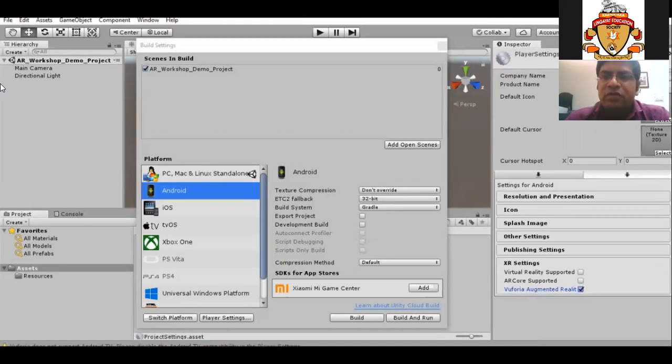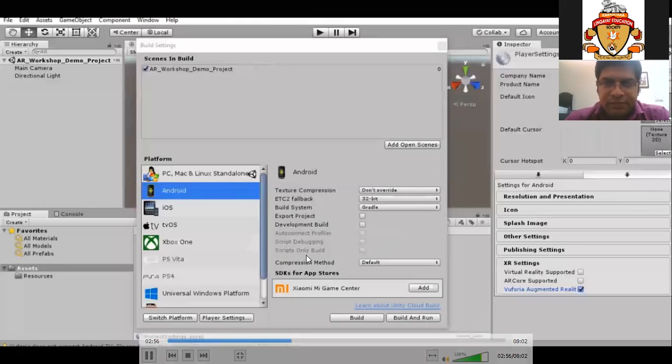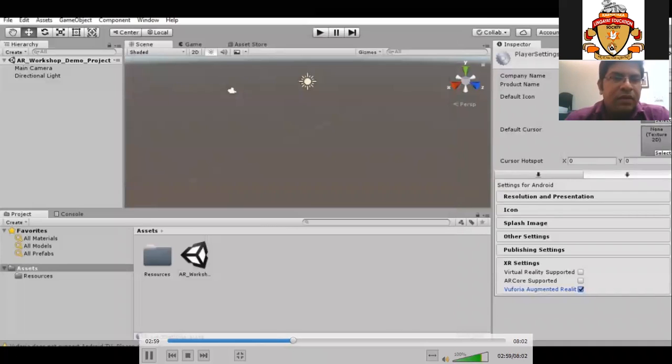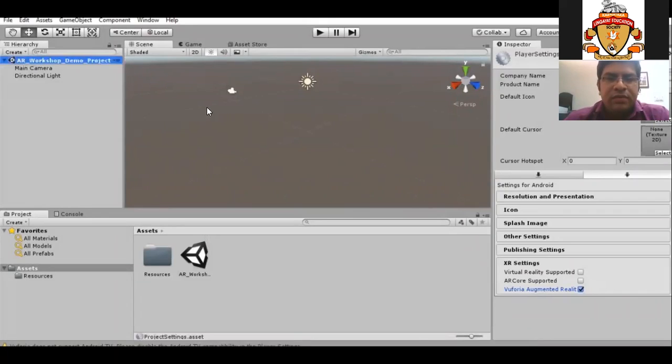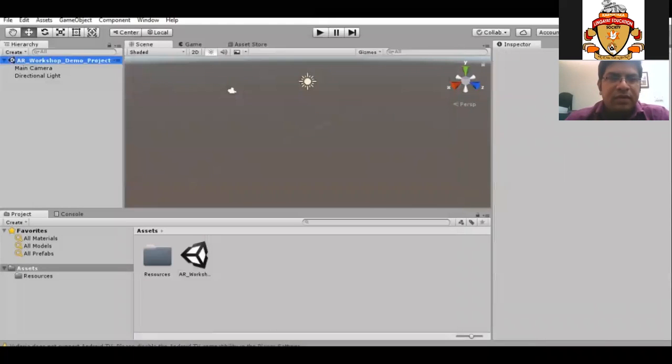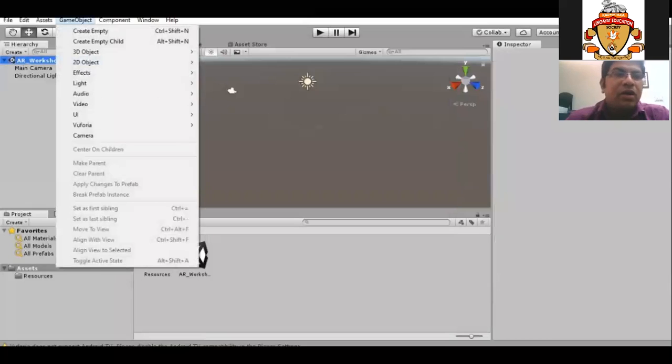And then we will go to the main window of the project. First, we will import the AR camera, or the augmented reality camera, because for developing an AR application, we need the AR camera. So how to do that?